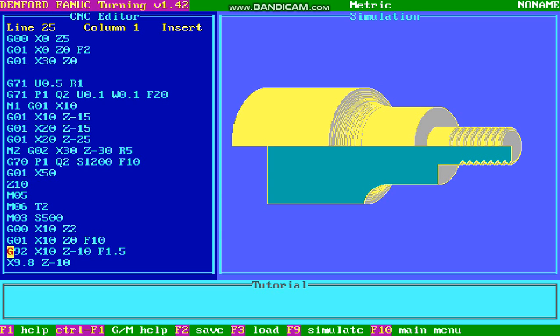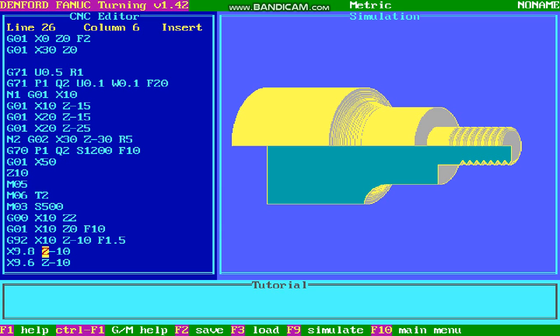Now to obtain the thread in terms of number of cycles, I have to reduce the diameter. From 10 mm, which is your major dia, I have to take the minor diameter. Minor diameter is approximately 0.8 times your major dia. So 0.8 times 10 mm is 8 mm. So I have to reduce it from 10 mm to 8 mm in steps. I have taken steps of 0.2 mm.